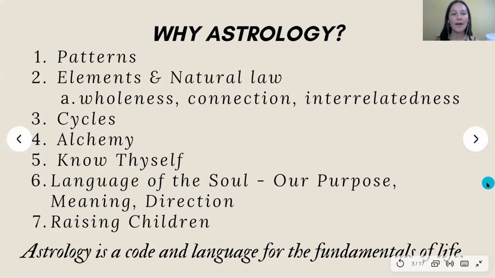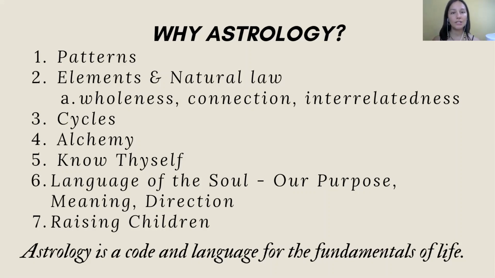All right, so why are we learning astrology? We, as humans with brains, especially me, I don't know about you, but we like to compartmentalize things. We like to categorize things, and we like to give things meaning and placements. So astrology helps us to categorize our natural world, the world that we see, and place things. And also it shows us the patterns of life and how it gives us orientation to life and how we relate with it.